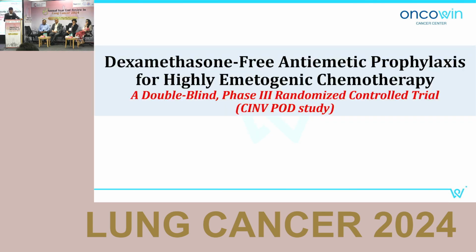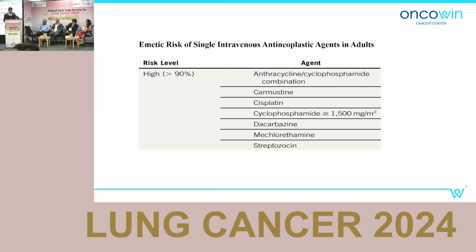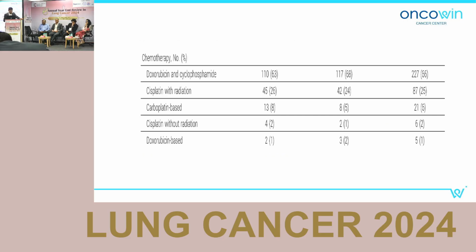Right, so we will move on to the second abstract, which was not discussed, and this is an Indian study. So you had partly answered, Dr. Nitin, that in situations where you want to avoid dexamethasone, because if you see complete 6 cycles or beyond cycles, the dosage of dexamethasone cumulative would be reasonably high. So in situations where you want to avoid dexamethasone in high risk antiemetogenic situation, based on the study,